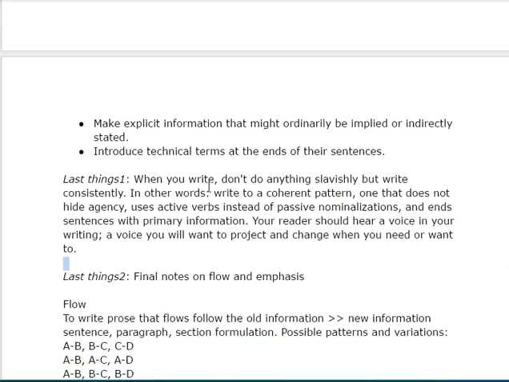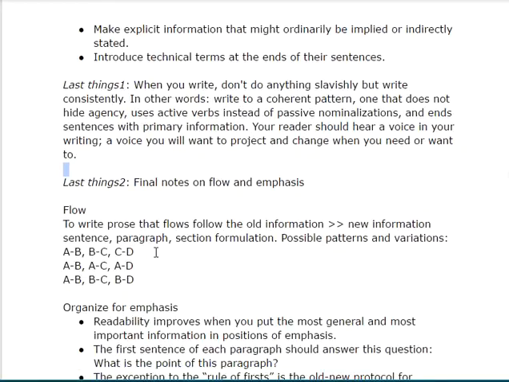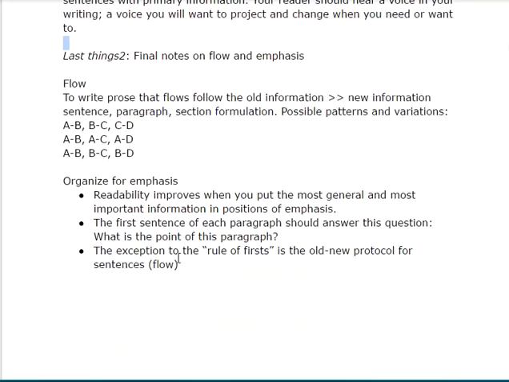At the bottom here, I have some last things 1 and last things 2. Okay. The last things 1 is basically a summary of what I've set up here, or just a kind of things to remember. And then last things 2 here, I give you a very brief outline of flow and emphasis, and this pattern here, A, B, B, C, C, D. This reflects this kind of